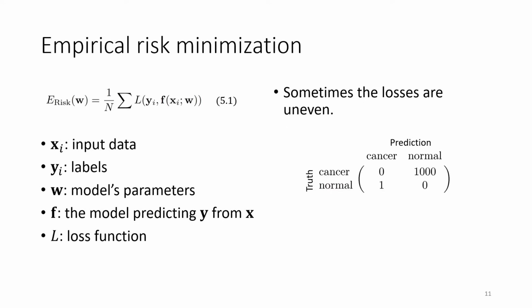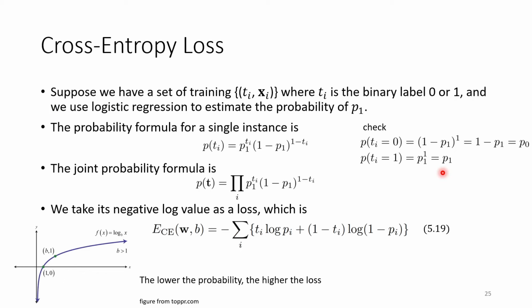Here we have X input data, and then we have the label. We want to minimize the loss function, and here the label Y has values that are either 0 or 1. That's the binary label. We use logistic regression to estimate its probability P1. So the mathematical expression of the probability formula will be this: